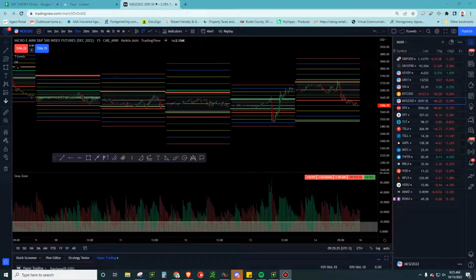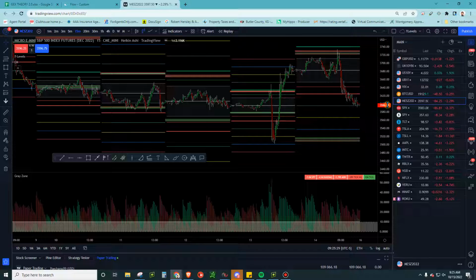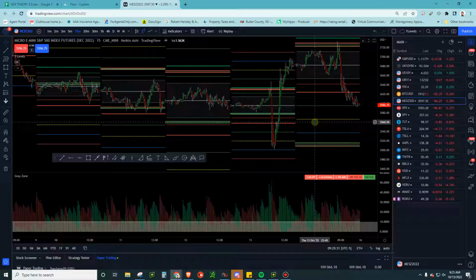Are we back? I'm going to go over one trade setup that I really like using T levels. My favorite thing is to use the T levels exhaustion areas. I don't like messing around in the gray zone. That's sort of the scalp zone, not my trading style. I will trade it sometimes, but the majority of my bigger trades that I'm looking for,